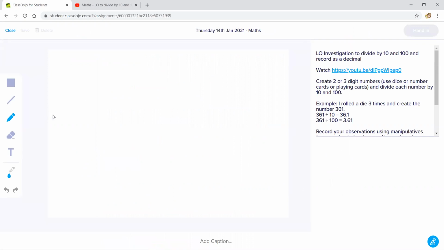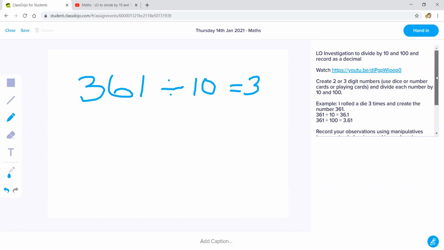Now this one, sometimes there's a worksheet that you need to do, so you might have something to type on. This one is a free typing activity. So I can choose some different things here. I can either use the pen tool and do my writing. So I need to pick some 3 digit numbers. I'm just going to steal those for now. And on there, I can write, to show my answers, to show what I need to do. The task is still there if I've forgotten what I need to do, just to remind me